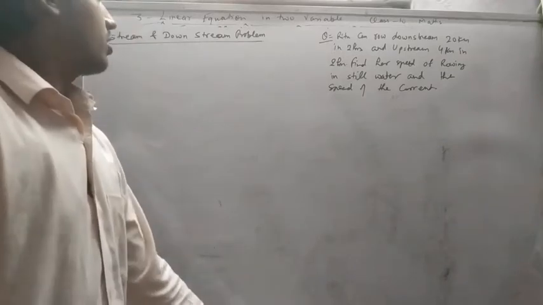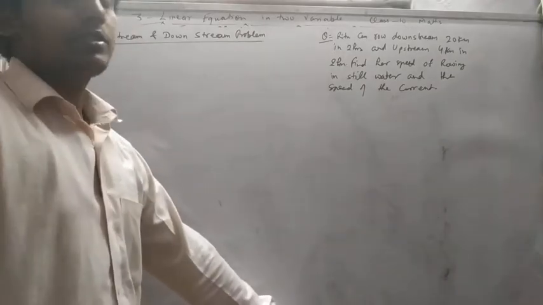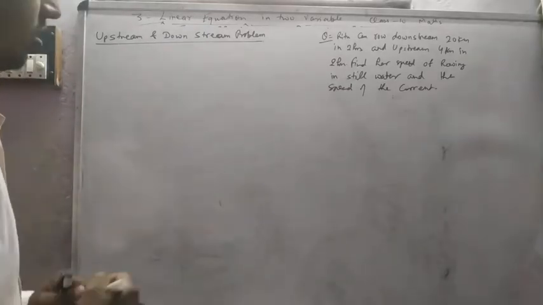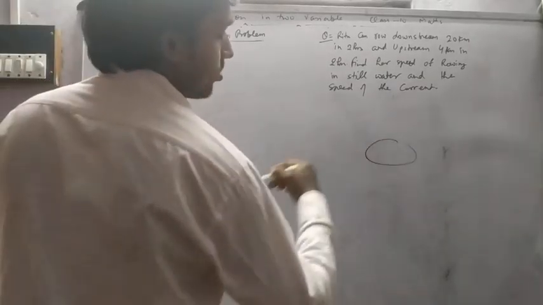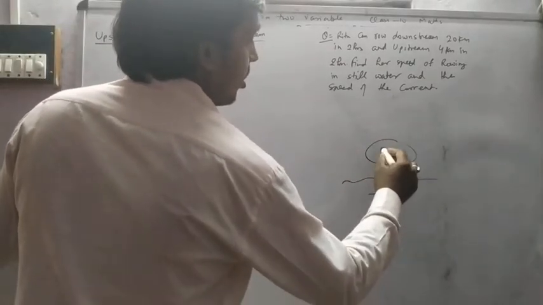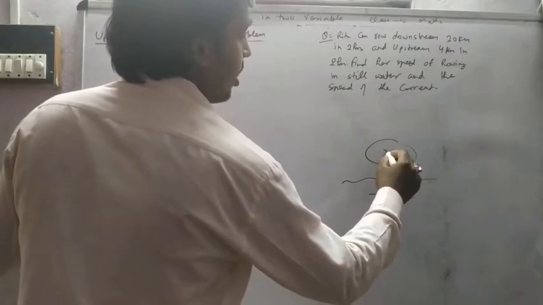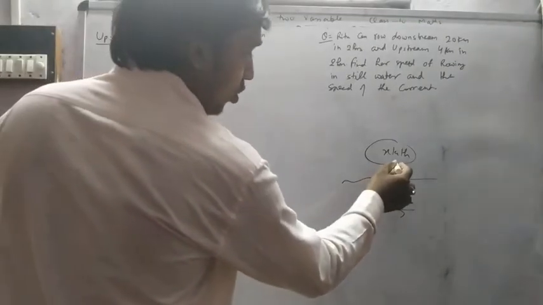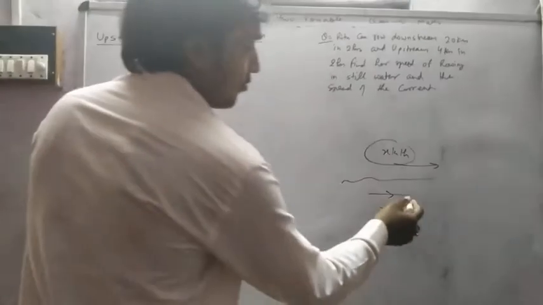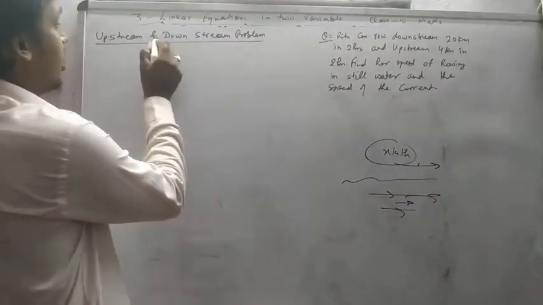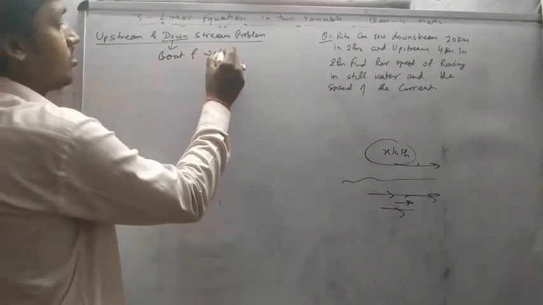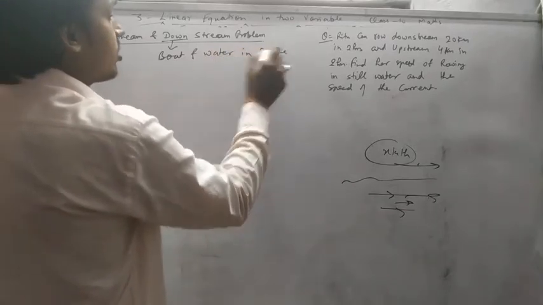So it's the next speed problem, upstream and downstream problem. Upstream and downstream, what do they say? Suppose that a boat and a stream both have their own speed x km per hour, and the stream is flowing from left to right. If the boat's direction and the water's direction are the same, you can say it's a downstream. Boat and water in the same direction.